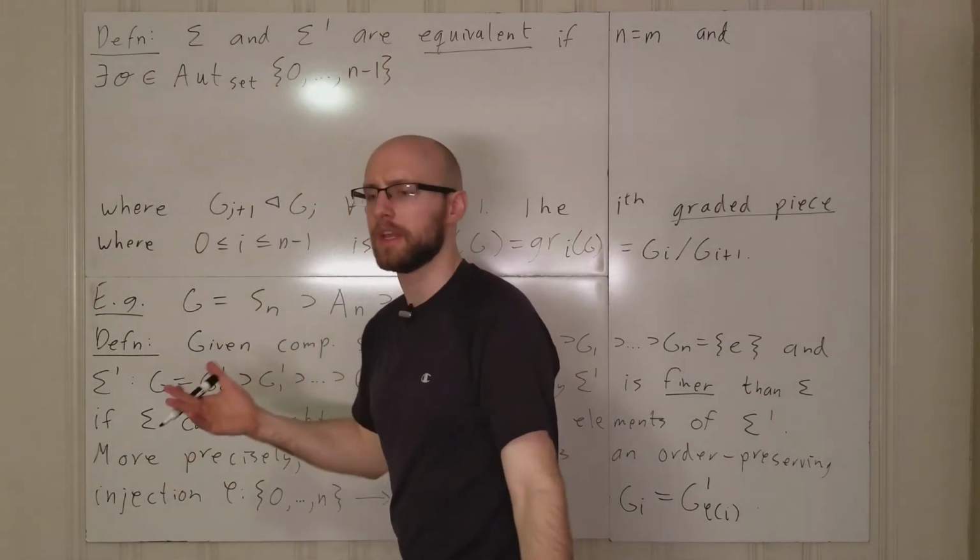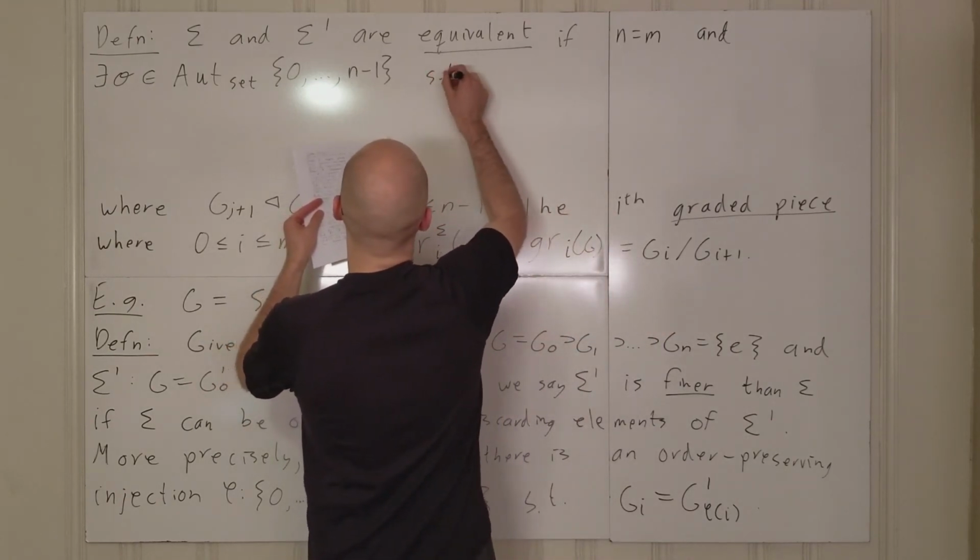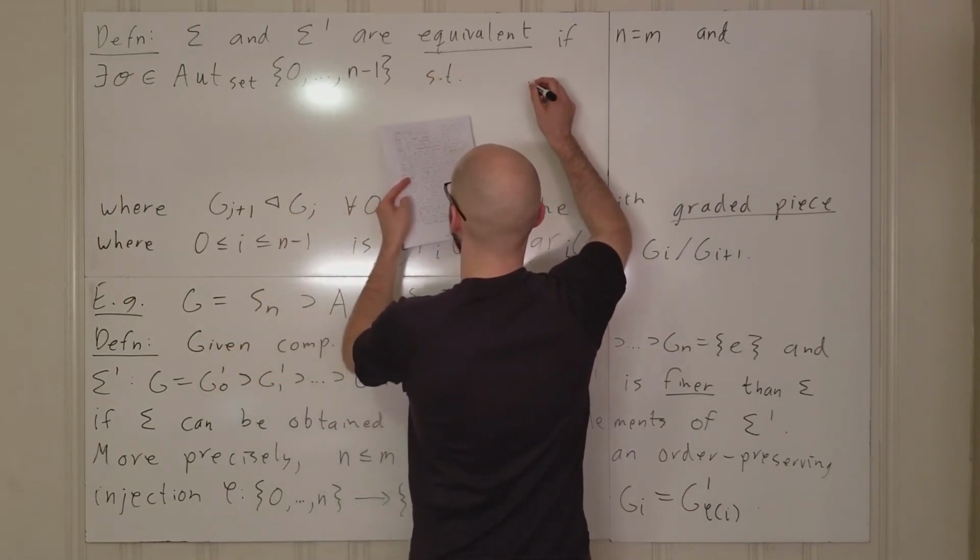Oh wait, no, this is n elements. But the indices from 0 to n minus 1, such that the